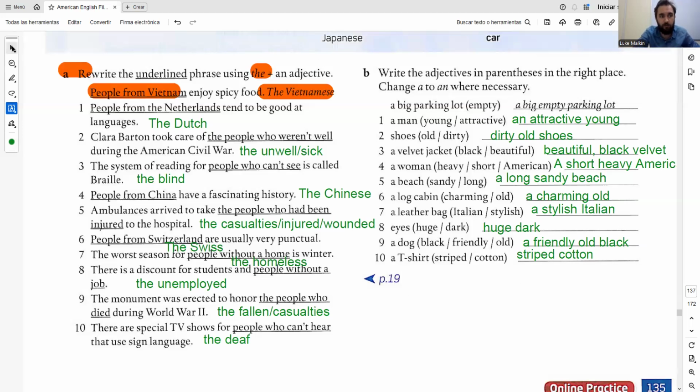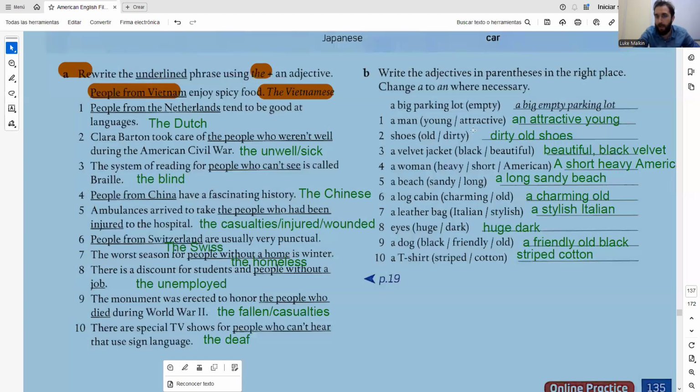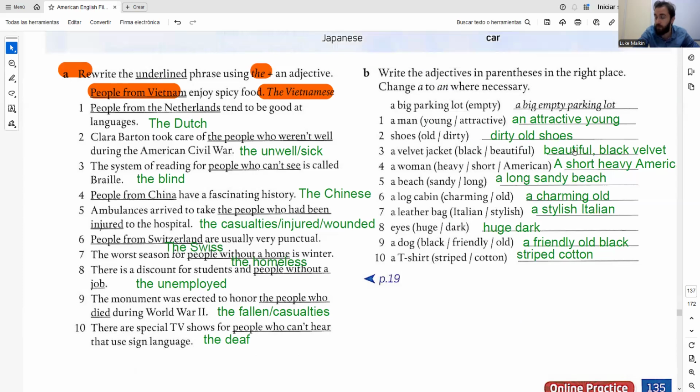So the main summary for this video is that adjectives can act like nouns to talk of groups of people in society using the word the. And you do have adjective order. It exists in English. We have to be aware of it. If something sounds a little strange, we need to change the order of the adjectives.